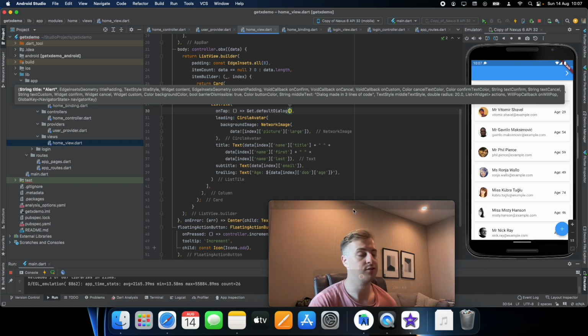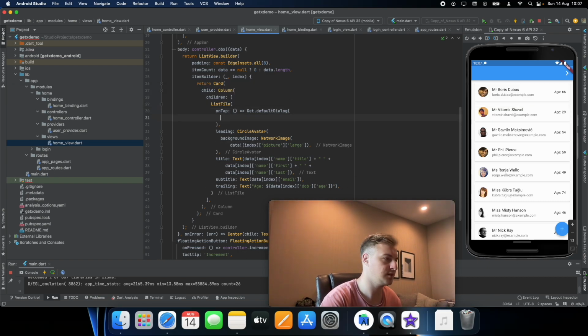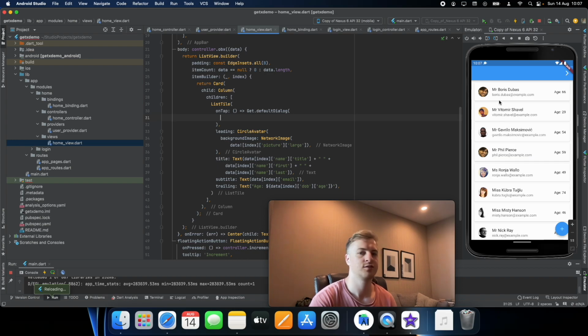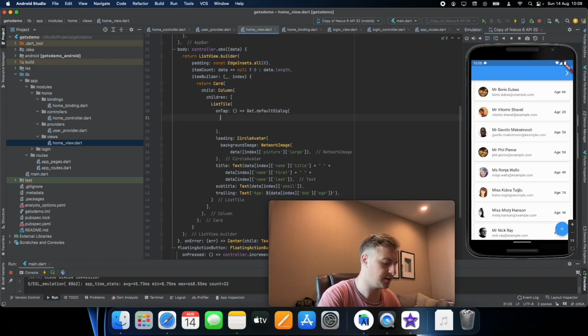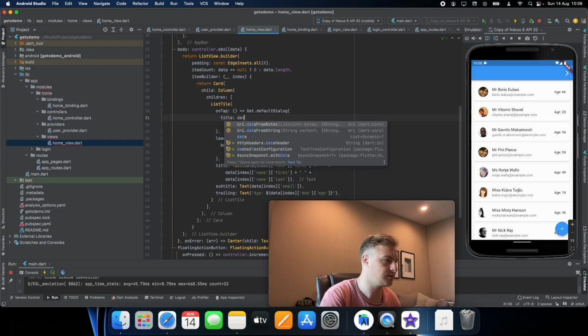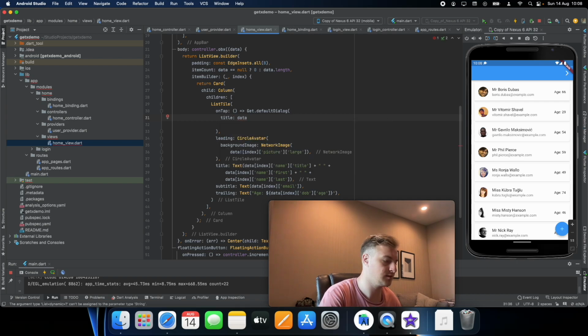Okay, so here's your default dialog, and as you can see, just from the start of it, this is what you get from the default, which is pretty nice, and it's really simple. So no context passed, nothing like that. So I'll just show you a few properties that you could actually set within the dialog. So you have title, which you could just set a string to it. So for now, what I'll do is use data